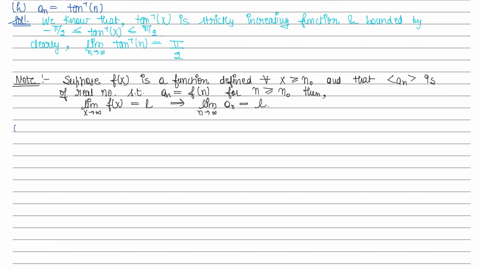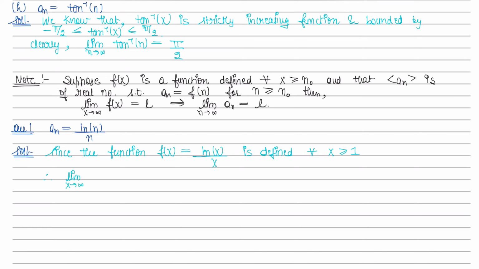Question based over this result is, when a_n is equal to natural log of n divided by n. Here we know that the function f(x) is equal to ln x upon x, which is defined for all x greater than or equal to 1. Therefore,